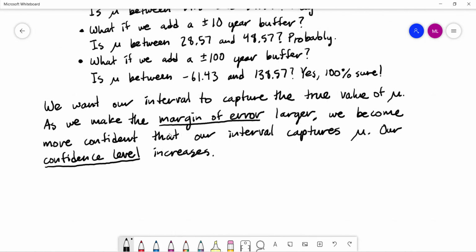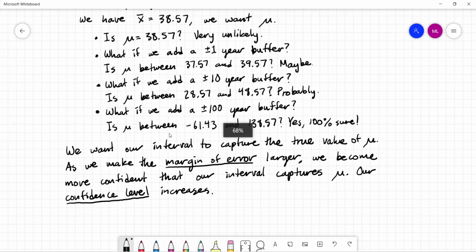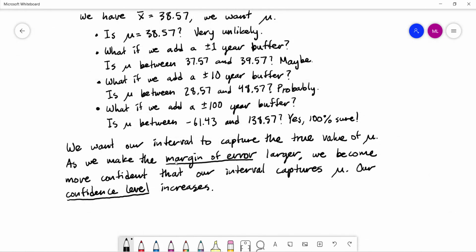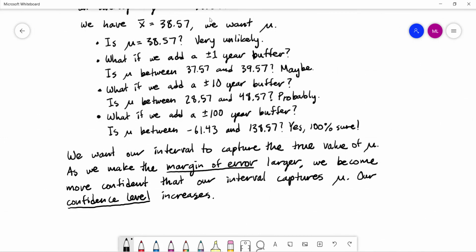So if we look at the example that we're talking about up here, we can define these two terms that are going to be really important, the margin of error and a confidence level. There's going to be some other terms that are important. One other term that I want to mention is something called a point estimate. This number right up here, the value of x bar in our sample, our best guess. So we took our sample, we found the average age to be 38.57. We said in all likelihood that number's wrong, but it's still the best guess. If you could only guess one number, if you didn't have the ability to add a little margin of error, a little plus or minus buffer, this is the best number you could possibly guess based on the data available